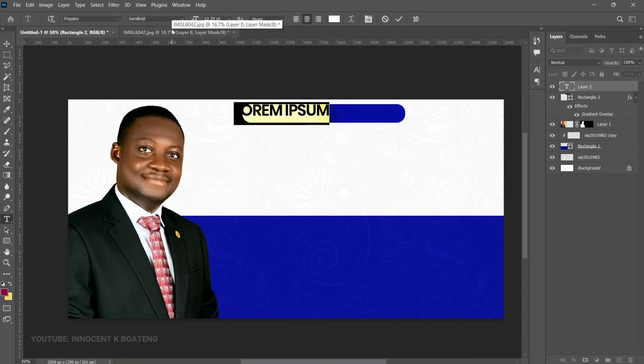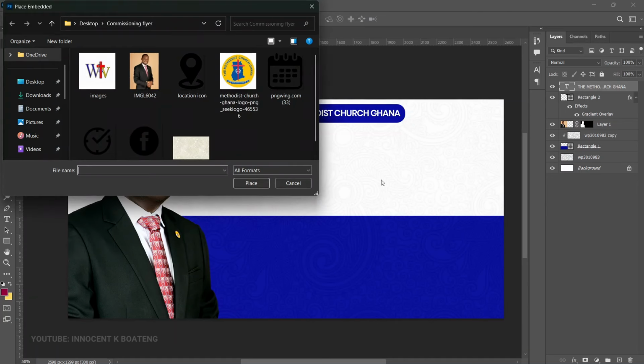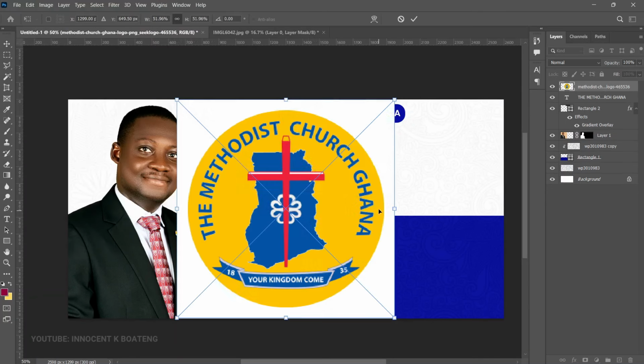For the text, we are using Poppins semi-bold. I'll paste my text right over here, press Ctrl T, and I'll transform it to fit. So I'll leave a small portion here for something that we are about doing in a few seconds. So you see this part that we left, we go to File, Place Embedded, and then we'll bring in the logo. For the logo, there's some background on it, so we can right click, rasterize the layer, and then